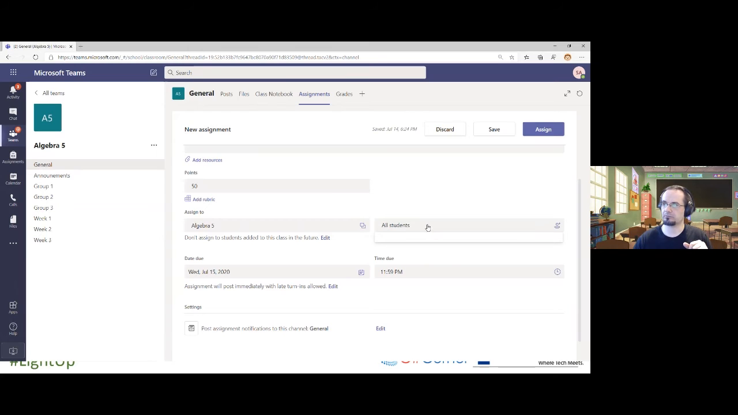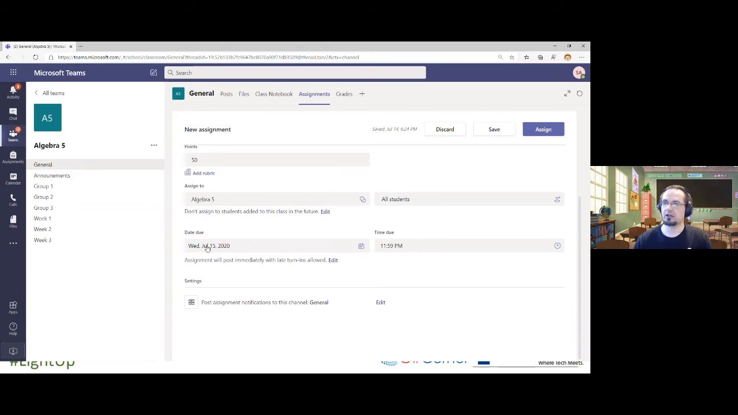I can also, okay, this needs some time to populate, but I can also specify if I want to assign this assignment only to specific students if I require that. I also have a due date, a deadline when this assignment must be completed. I can create any deadline, let's say 16, but there's also a